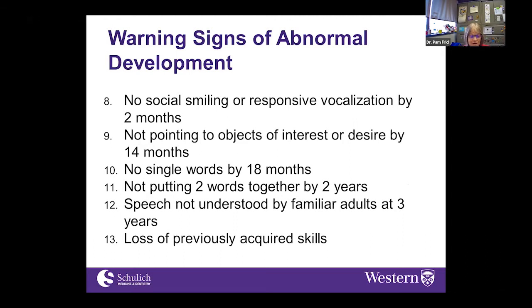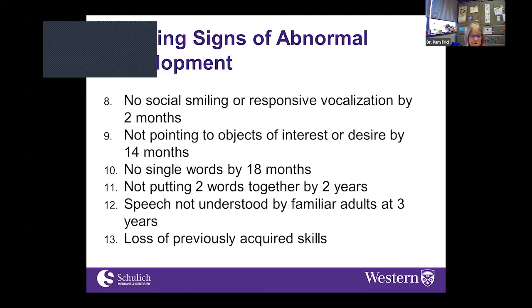And the final thing that I want to mention is the last one, which is the loss of previously acquired skills. And if that happens at any age, it's always something to pay attention to. Children sometimes learn a skill, they can do it today, they can't do it tomorrow, but by next week they can do it. But if anybody consistently loses a skill, that is extremely important, and it tends to relate to some of those awful degenerative neurological diseases that we need to pay attention to. So if any parent ever reports loss of skills, it's something to be acted on immediately.